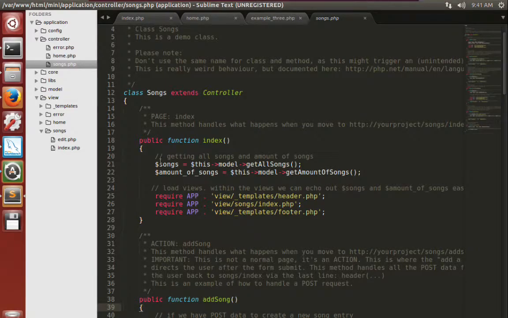And so you can see here that we have PHP variables. We say songs equals this model, get all songs, amount of songs equals this model, get amount of songs. This is a little different with this framework, in that because these variables are defined in this function, they're available to the view. And so we have songs and amount of songs. These are PHP variables. Remember, the dollar sign defines a PHP variable. Inside of this view,